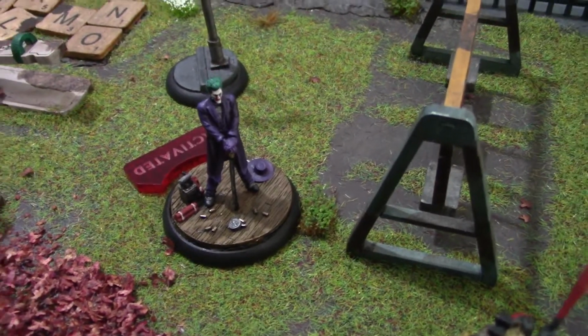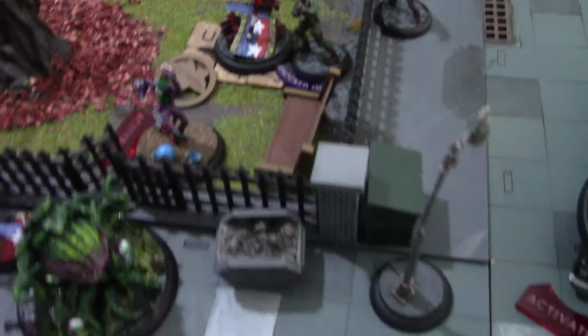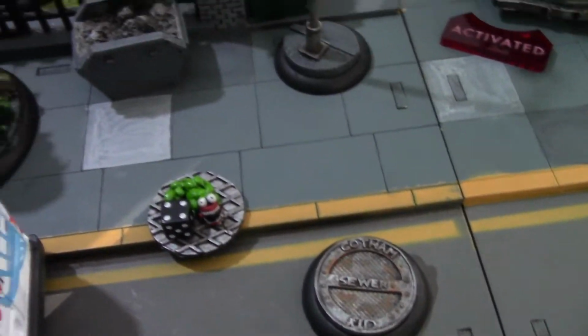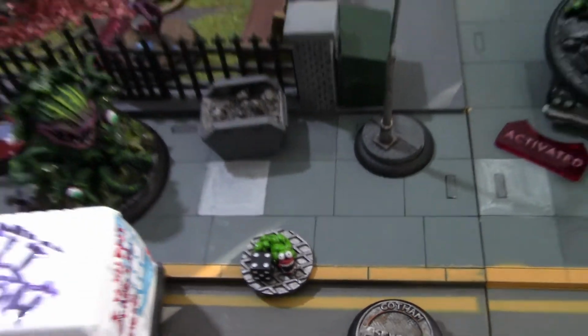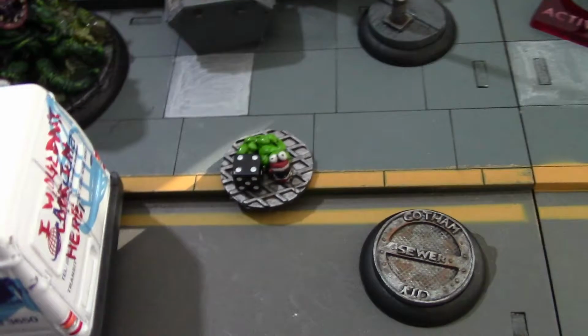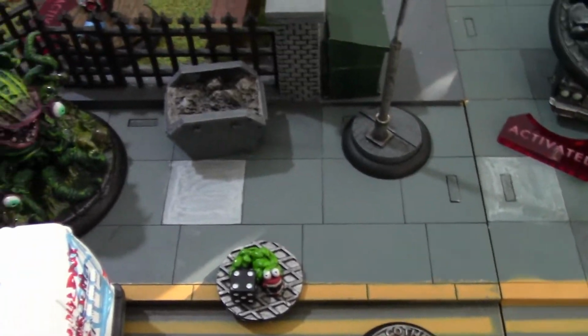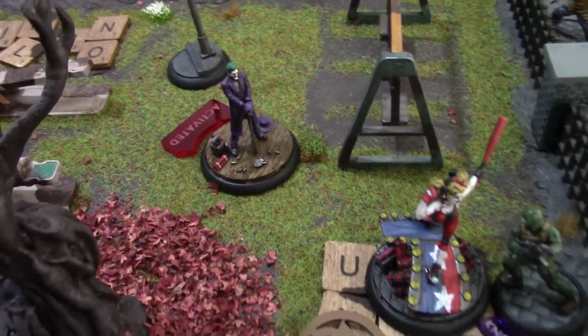Joker the Criminal activated next, trying to salvage something from the situation. He first of all took one of the Audacity counters and popped down a suspect marker, and promptly made it a pair of exploding teeth with Bite the Dust with a counter of 4. Okay, he then used his movement action to move through the gate and over here, so as to be better